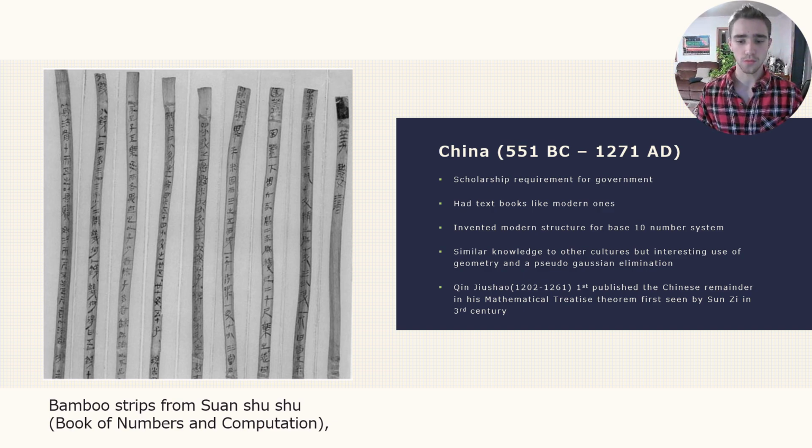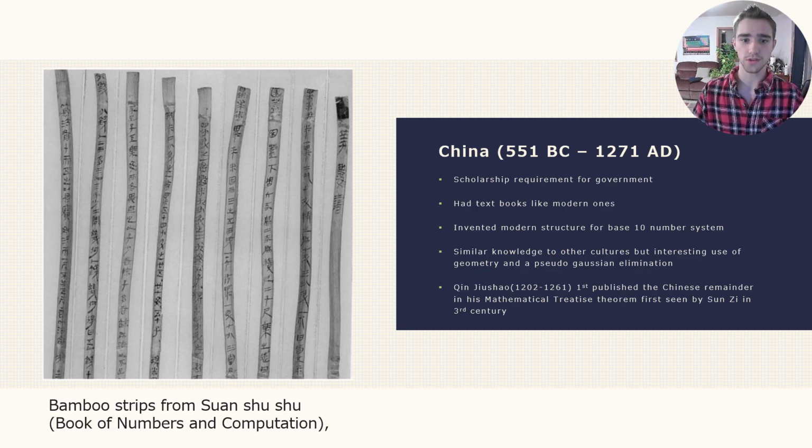Their number system was basically the modern structure for our base 10 number system. They had similar knowledge to other cultures, such as finding the square roots or the Pythagorean theorem, but they had interesting uses of geometry, such as using two poles and proportional triangles to find an area of a city block, or being able to solve a system of both linear and higher order equations with a form of Gaussian elimination